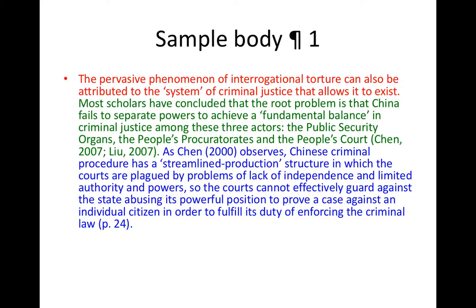As Chen, 2000, observes, Chinese criminal procedure has a streamlined production structure in which courts are plagued by problems of lack of independence and limited authority and powers, so the courts cannot effectively guard against the state abusing its powerful position to prove a case against an individual citizen in order to fulfill its duty of enforcing the criminal law. Okay, so